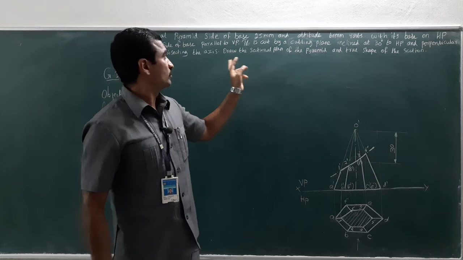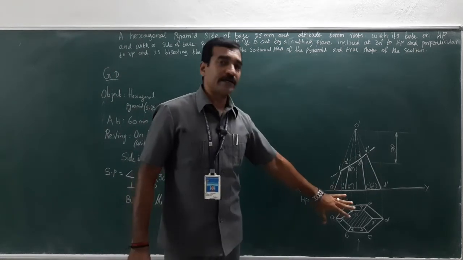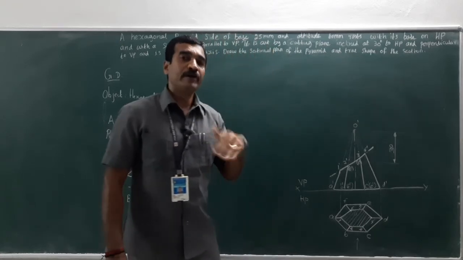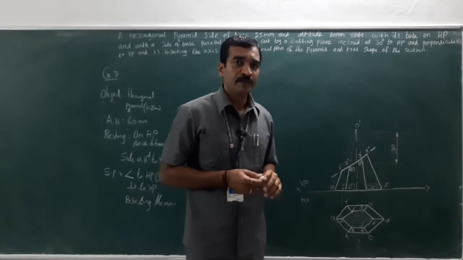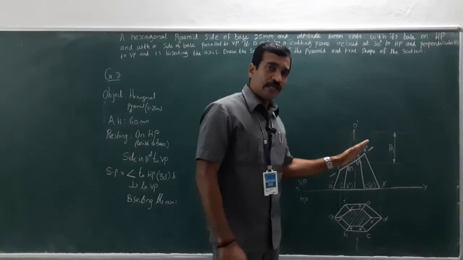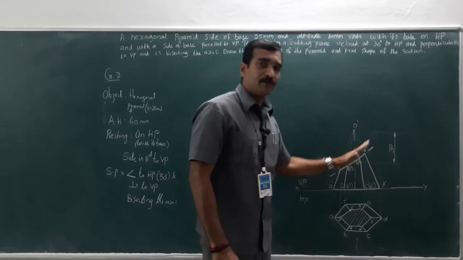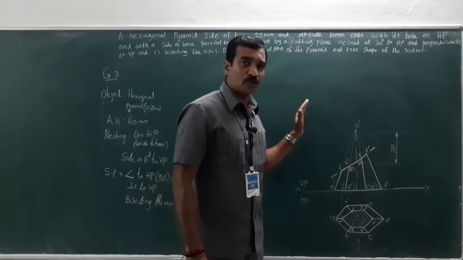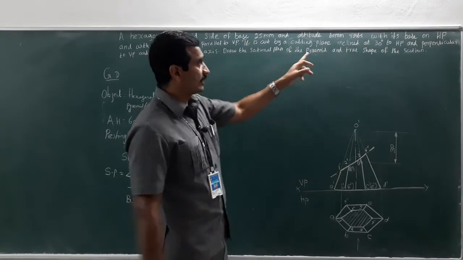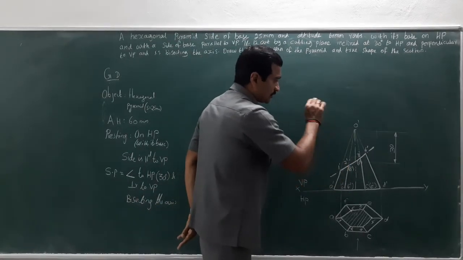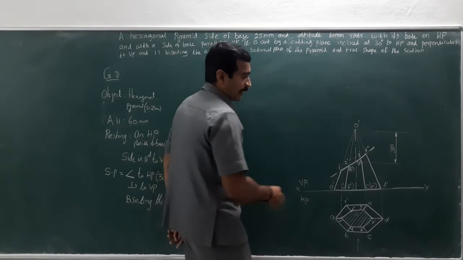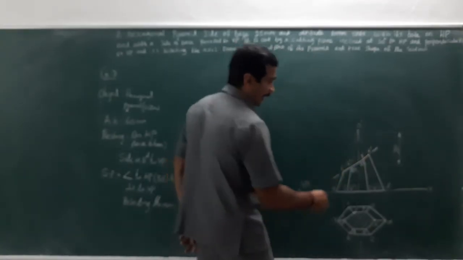So we are halfway through. That means the sectional plan has been drawn here. What is next? I need to draw the true shape of the section. Where do you get the true shape of the section? When the observer looks at the object orthogonally to the cutting plane angle. That means perpendicular to the cutting plane angle. That is 30 degree, right? So I need to see the object orthogonally to the cutting plane, for which I have to draw a new XY line, right?